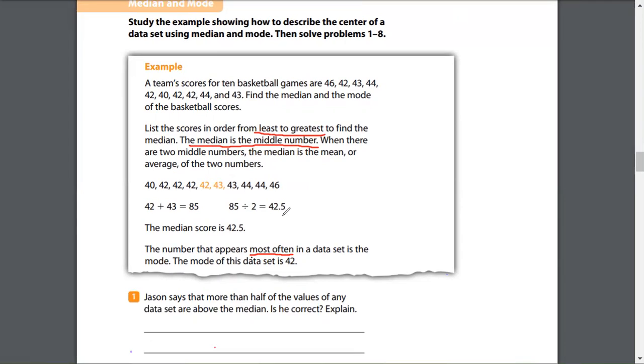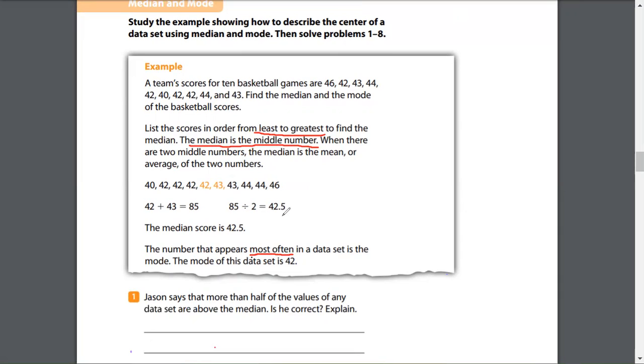You will not be able to see the mode for big numbers like this. Especially if you had a lot of them, you will lose one if you don't put the numbers in order. So it's very important to put your data in order from least to greatest, and then start doing your calculations.